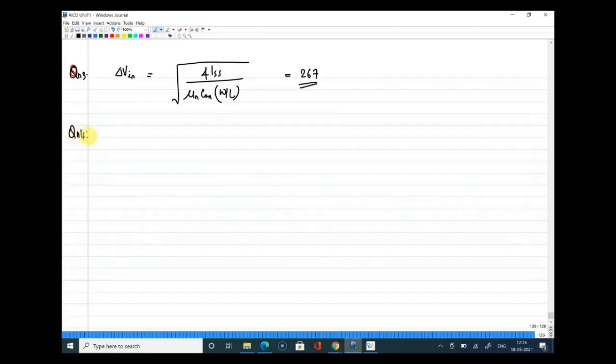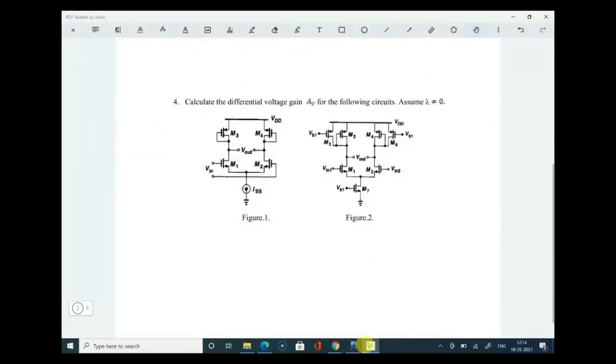Now for question number 4. Can I change this, Amog? Yes, sir. Okay, all right. So come to this question. So for all these questions, when you're asked to find differential voltage gain, lambda is given 0. I'll write one more thing here. Assume anti-symmetric inputs are applied. Now, in that case, who can tell me the answer for this? Okay, I'll check with you. Please don't write the answer here. Aman Sablok.